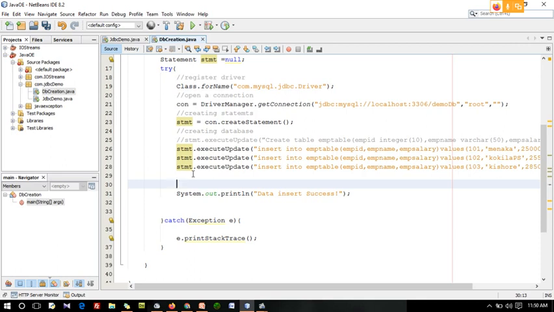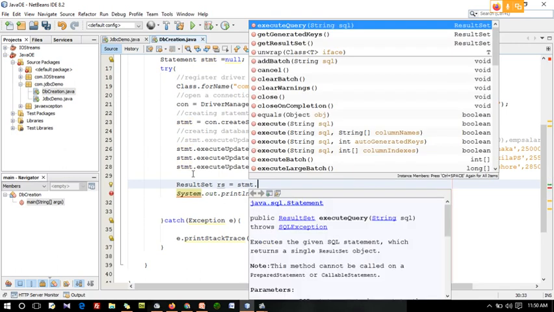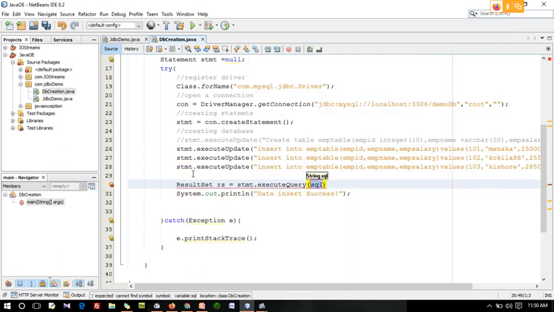So what I am going to do is have the result set rs equal to, I am having a statement dot execute query. In this execute query I can give select star from emp table.